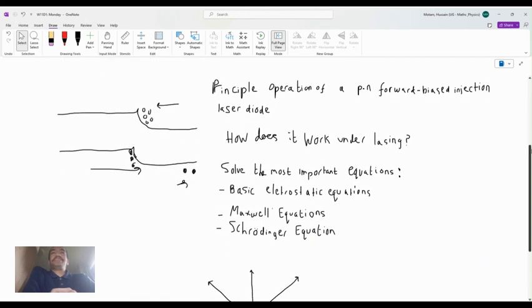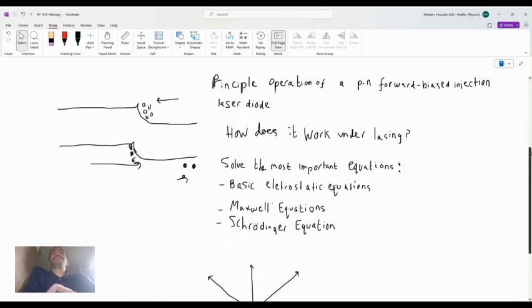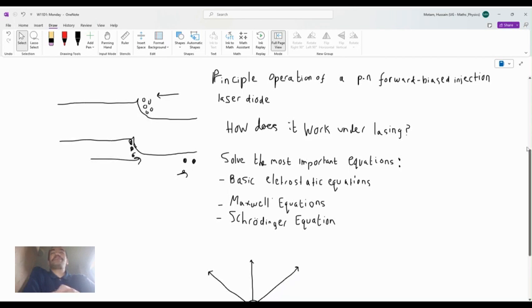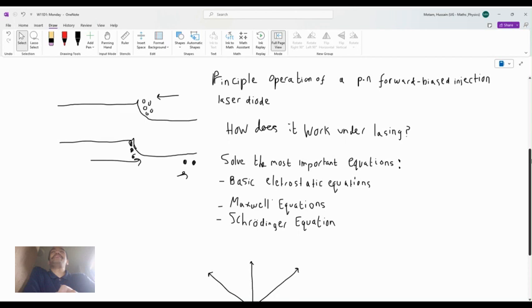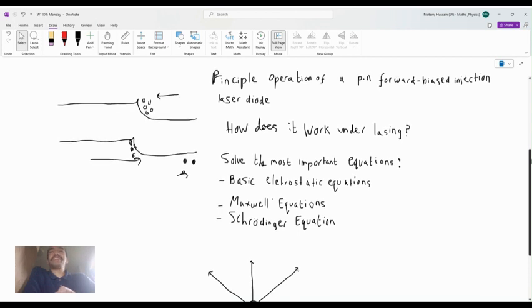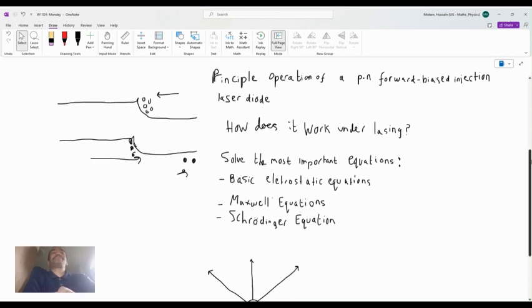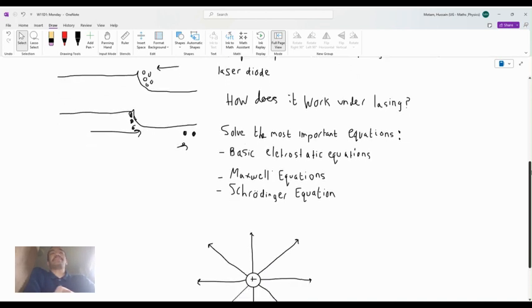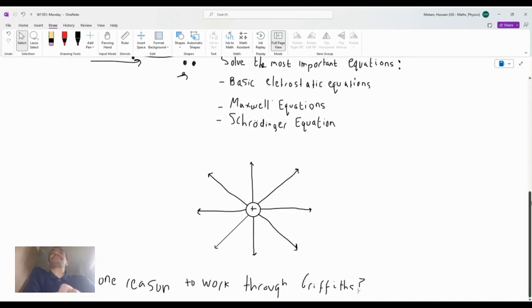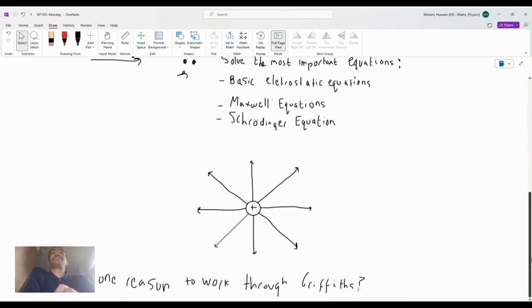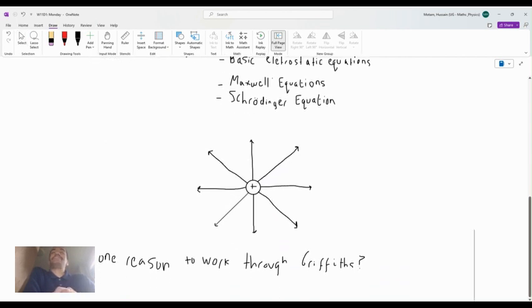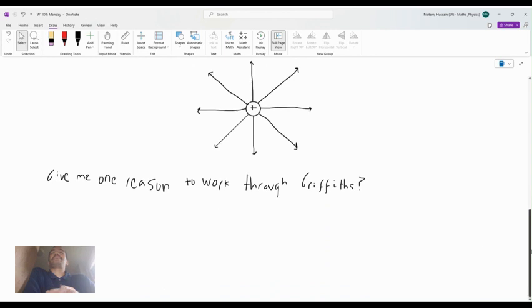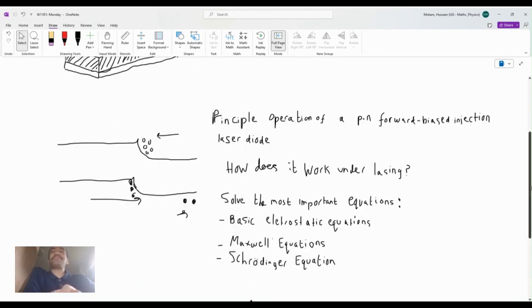You probably ask yourself, when I woke up this morning, I asked myself, what is the principal operation of a PN forward bias injection laser diode? We throw electrons in from the N side and from the P side, and they recombine to produce light. So the most important equations: electrostatics, Maxwell, Schrodinger. Now you may ask, but what if I don't know what Maxwell's equations are, or even the basic